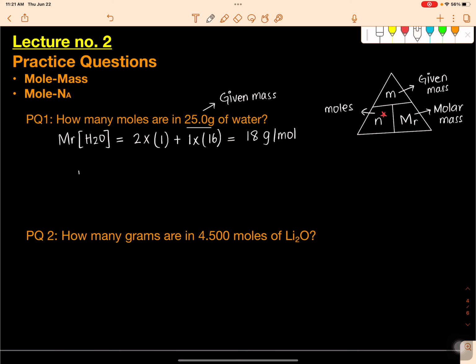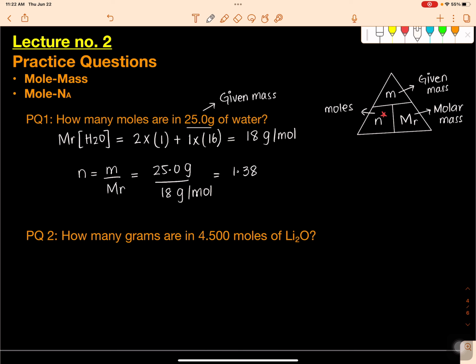So number of moles is equal to given mass over the molar mass, which is equal to the given mass, 25 grams, divided by 18 grams per mole. Now, let's do a little calculation to find out the answer. So 25 over 18,